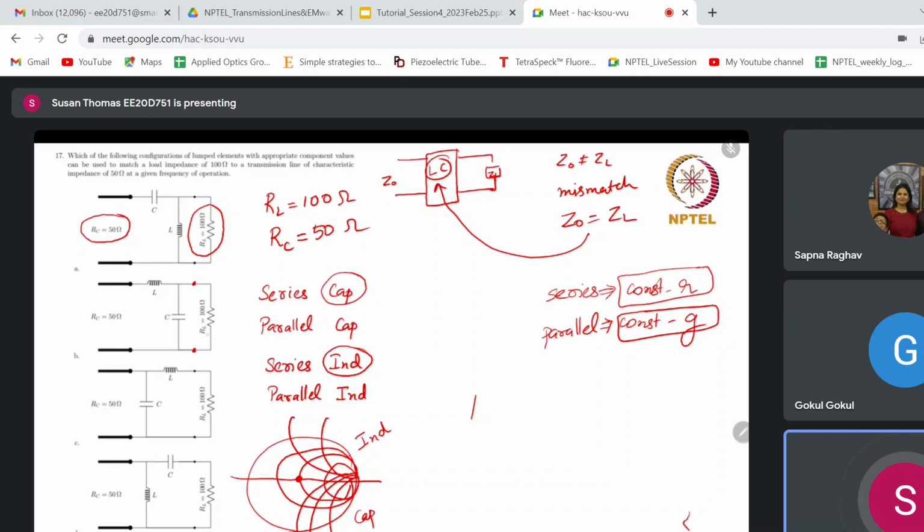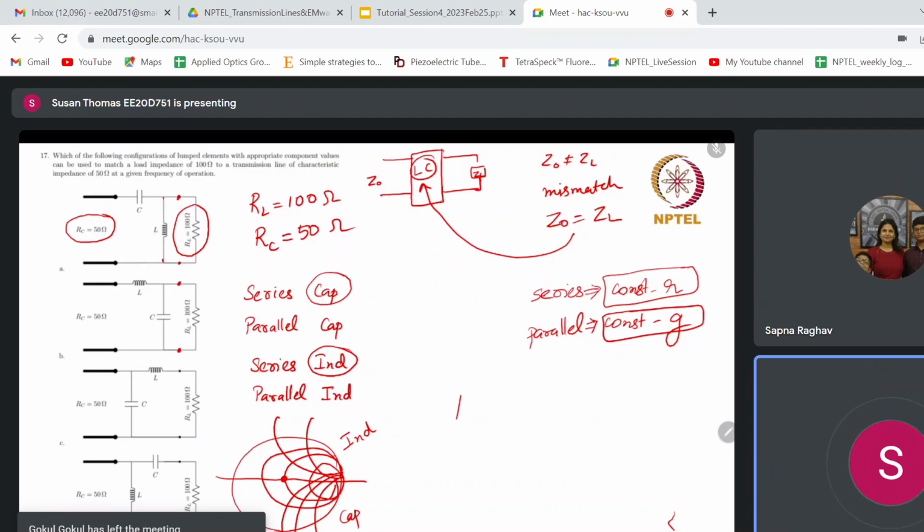What is the point? The load impedance. So, from the load impedance, you need to move towards the matching point. Okay. Suppose you add a parallel inductor, first option. So, to the load, you add a parallel inductor. So, what happens will be,